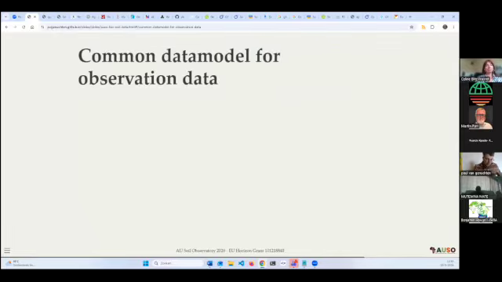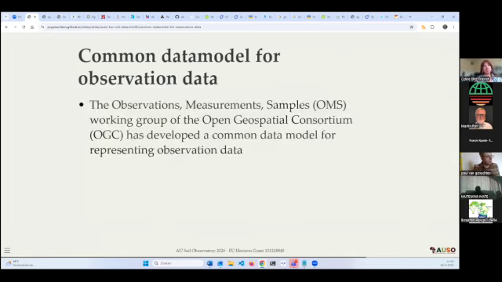Then let's go a bit into the actual topic of what we call ontology or data model. How can observation data easily be shared? And here, in the soil community, we adopted the observation measurements and samples model from the Open Geospatial Consortium community.